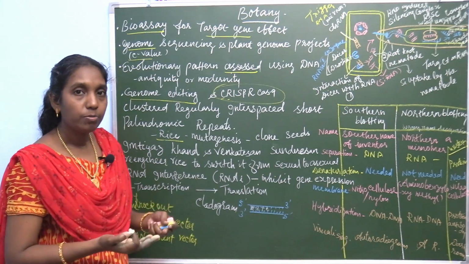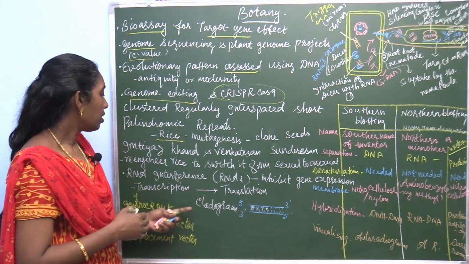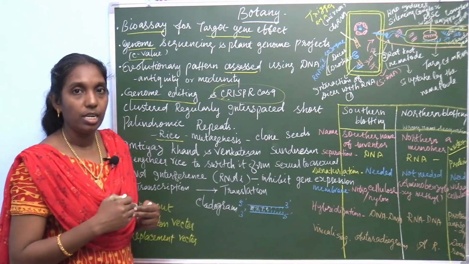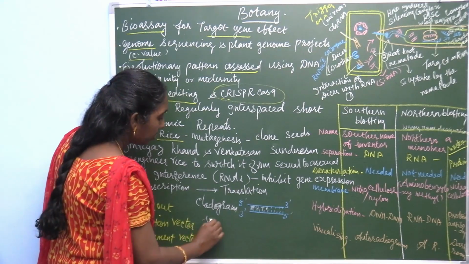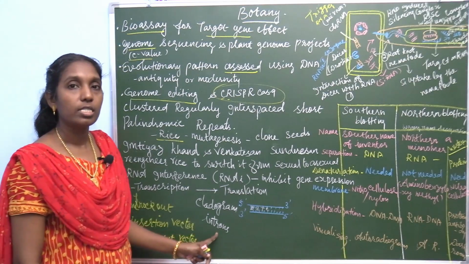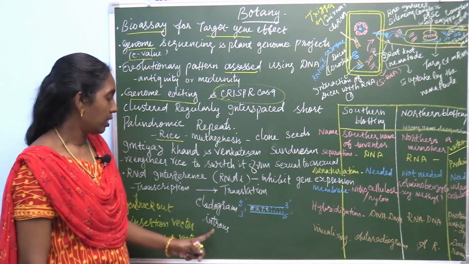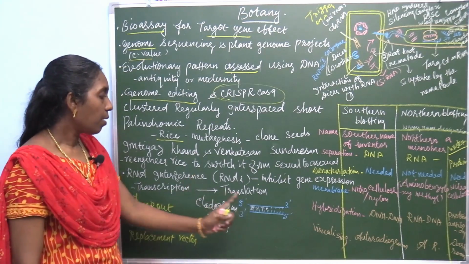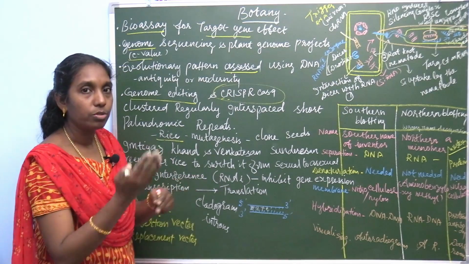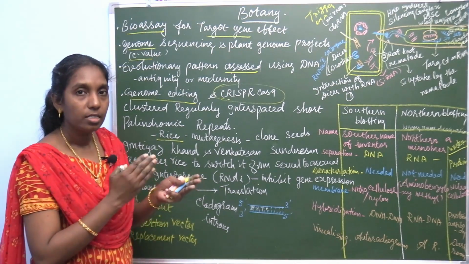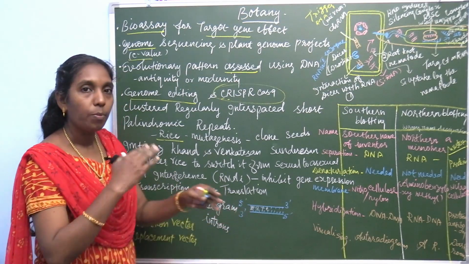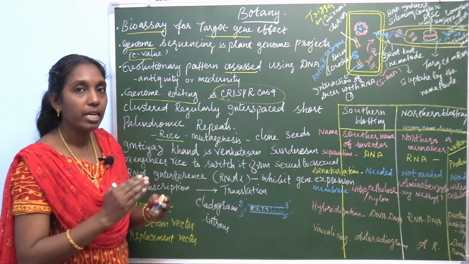When transcription takes place, there is a region in the gene called introns. These introns are non-coding regions. What are introns? Non-coding regions. After this, the mRNA transcribes the message from one strand of DNA to the other, copying the complementary sequence. So the sequence is copied to another strand by mRNA.